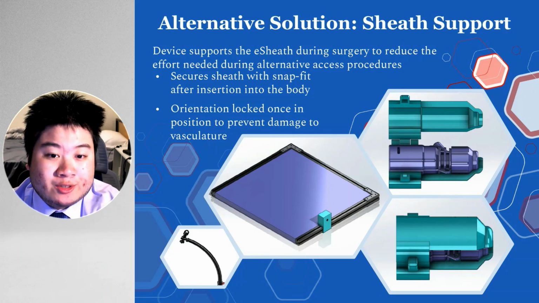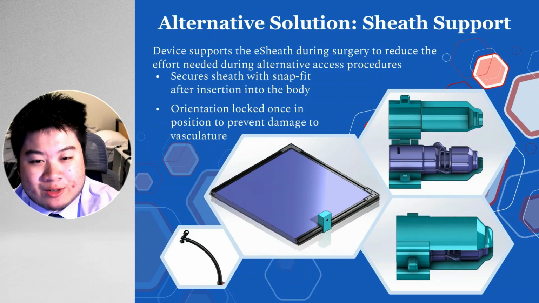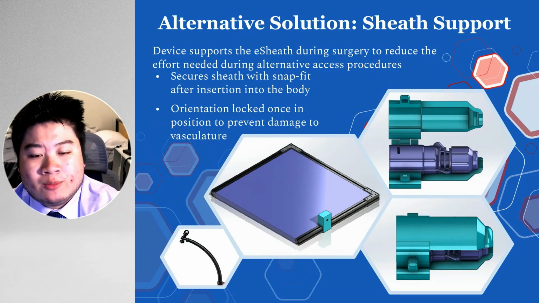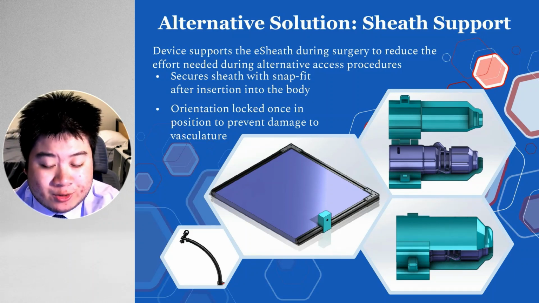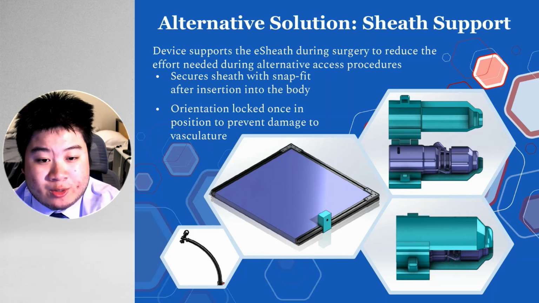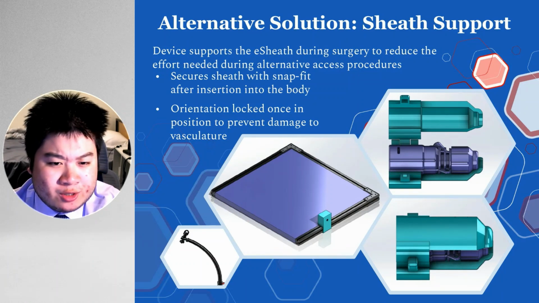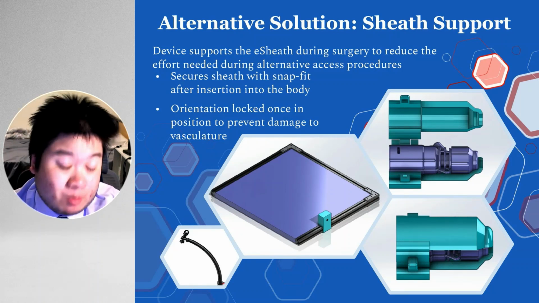We also came up with an alternative solution focusing on supporting the sheath. The sheath support device would allow clinicians to operate the e-sheath without having to use extra hands, freeing them up for other important tasks. The e-sheath will be secured with a snap fit after insertion into the body. The orientation will be locked once into position to prevent damage to the vasculature. This will ensure that the e-sheath is at the right depth to prevent puncture of vessel walls while remaining concentric